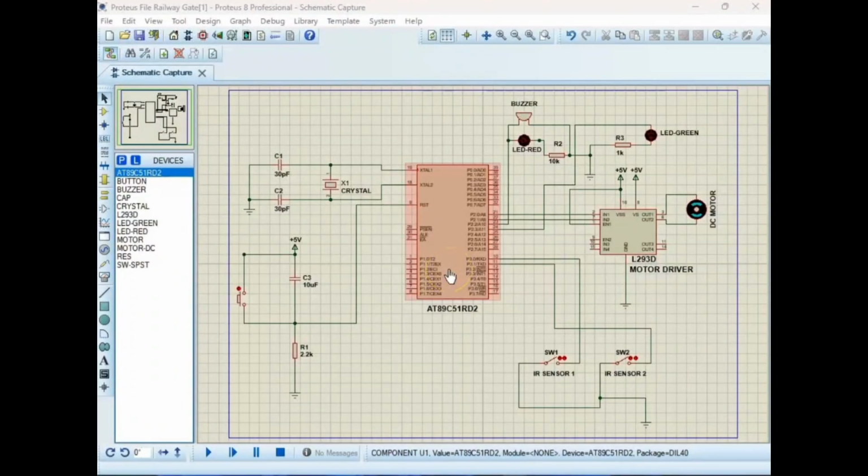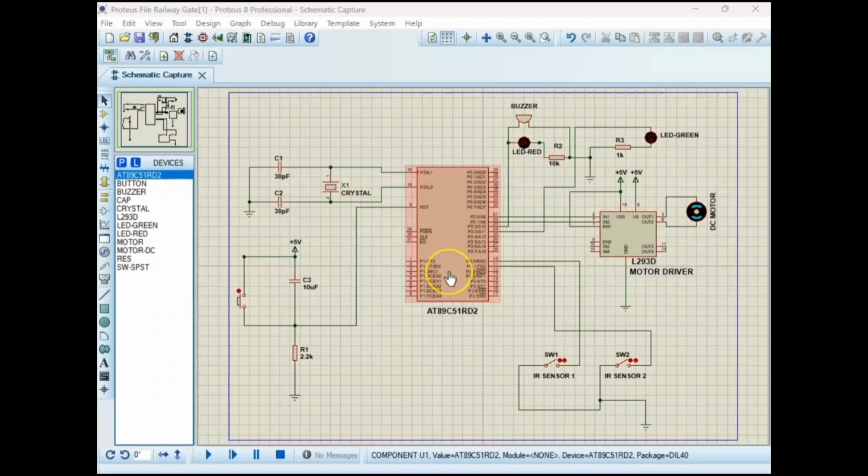Hello everyone, this is the automatic railway gate using assembly code. This system is designed to manage the control system of a railway gate using the 8051 microcontroller. The components used are an 8051 microcontroller, one L293D motor driver IC,